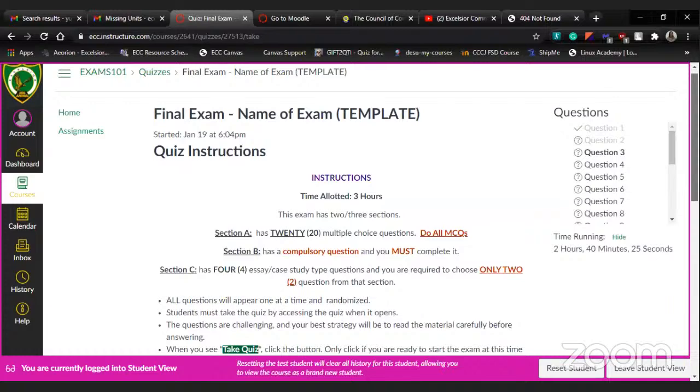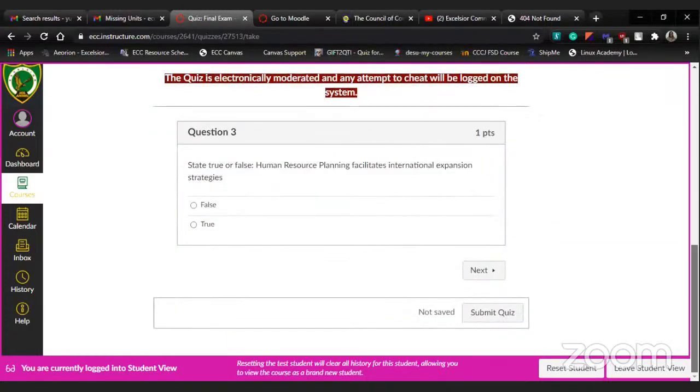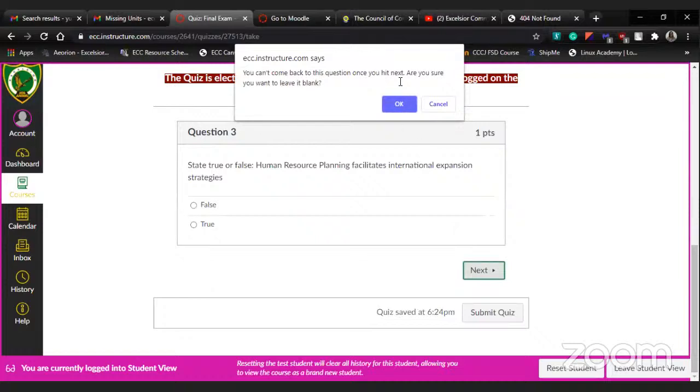So this is how it is going to look. You will have your essay type question with your submit button, as well as whatever MCQs or true or false. And again, please pay attention to the notifications that pop up, that once you move forward, you cannot come back.